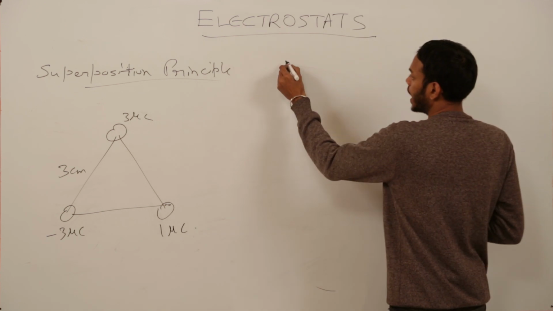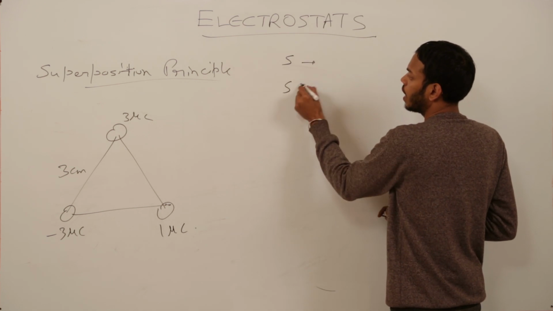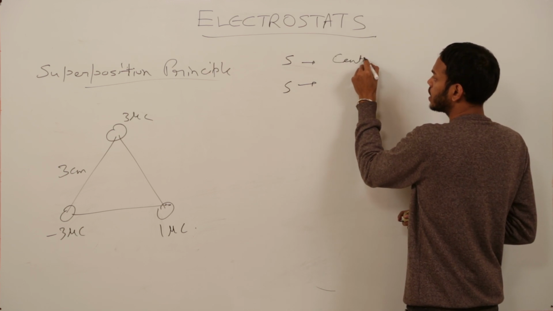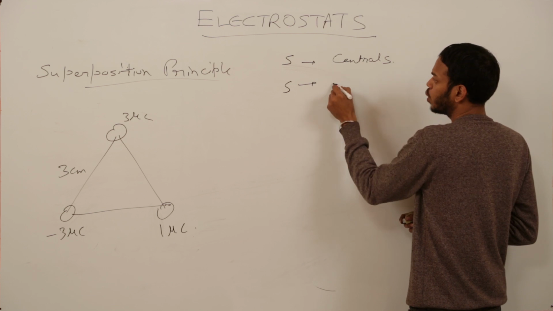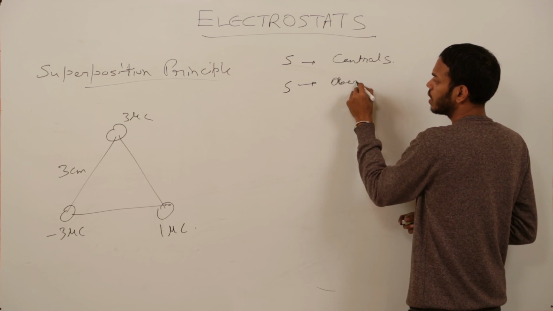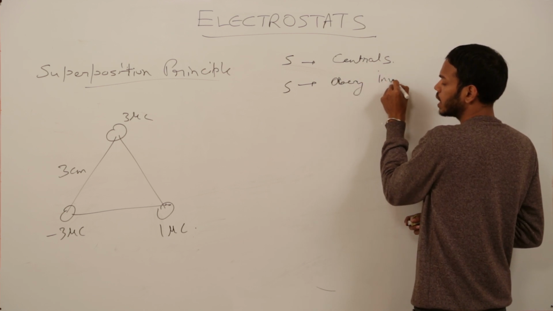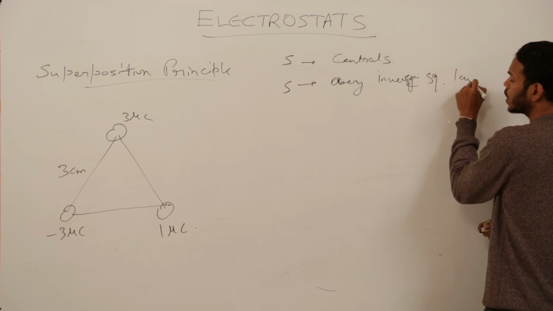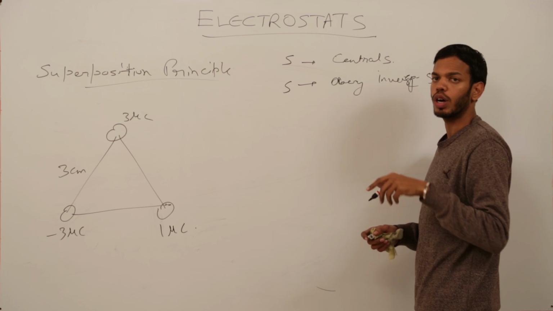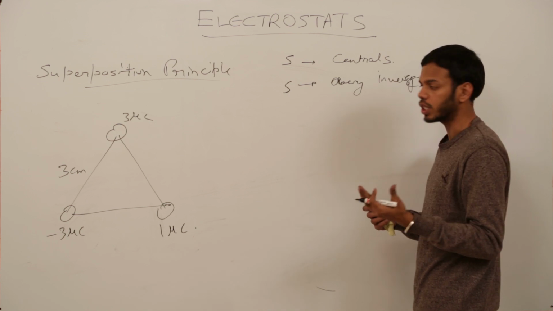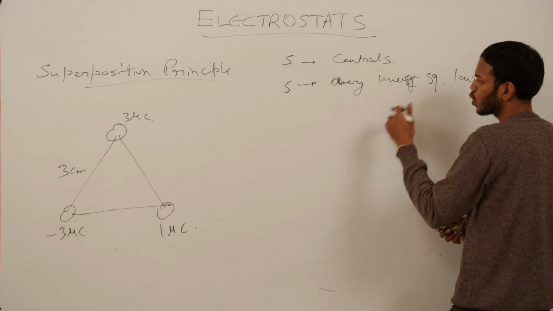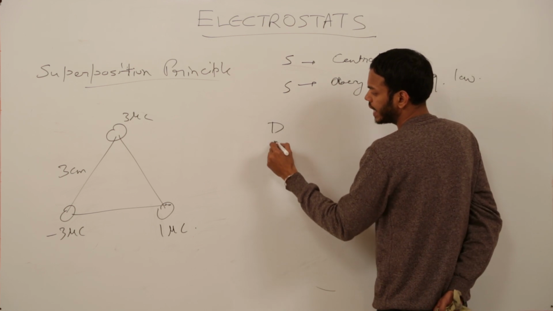The points of similarity are both are central forces and both obey the inverse square law. What was the inverse square law? 1 upon r square. Whichever is inversely proportional to the square of the distance obeys the inverse square law. And the points of dissimilarity are